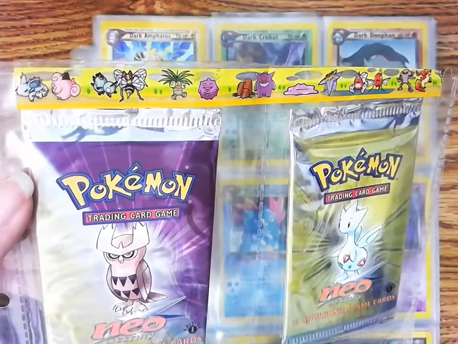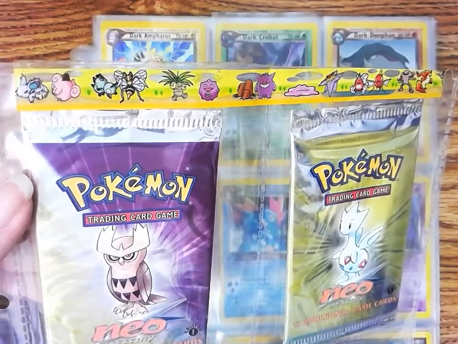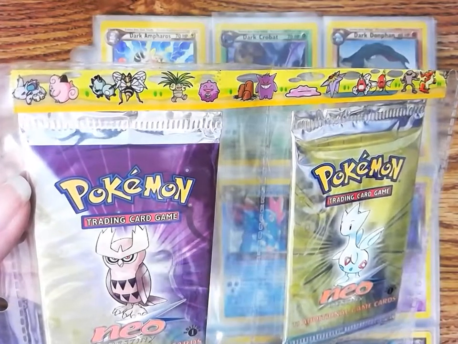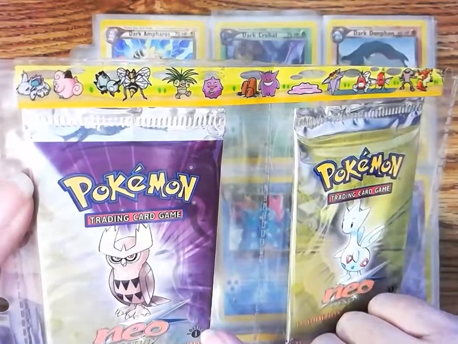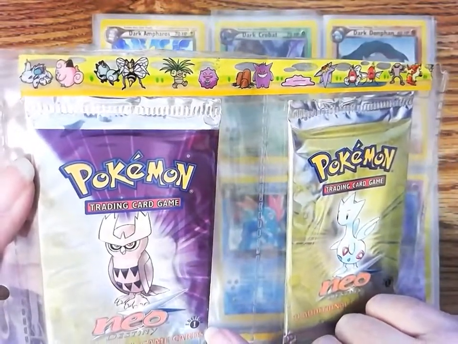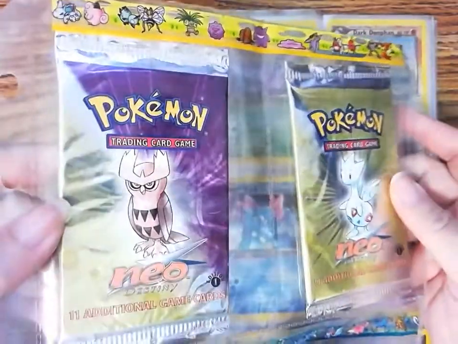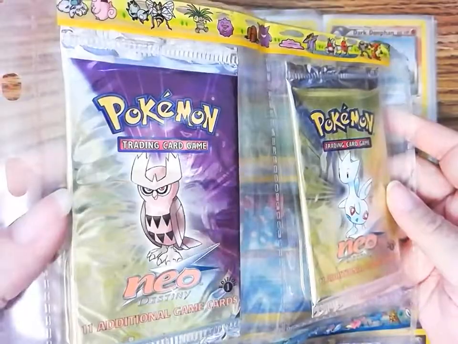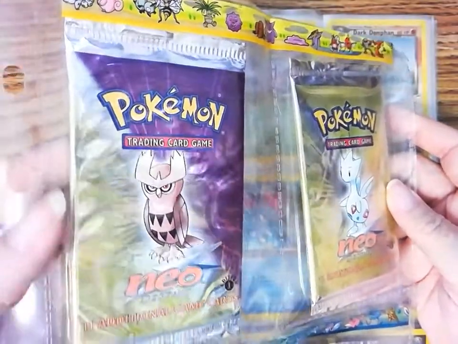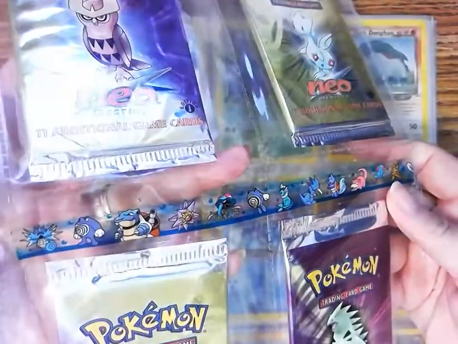The first Neo set, Neo Genesis, came out in December of 2000, so just in time for Christmas that year. And then this set, Neo Destiny, wasn't released until February of 2002. So it took them about 14 months to release all 4 sets. I know today they can knock out 4 sets, 6 sets sometimes in a year. And back then, it was quite the wait for the next set to, I guess,